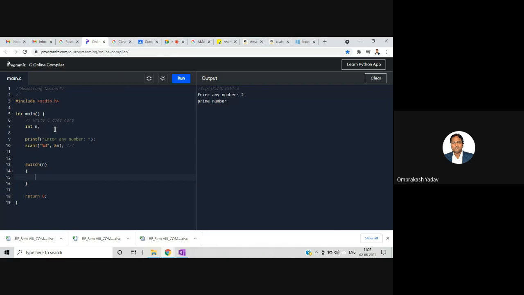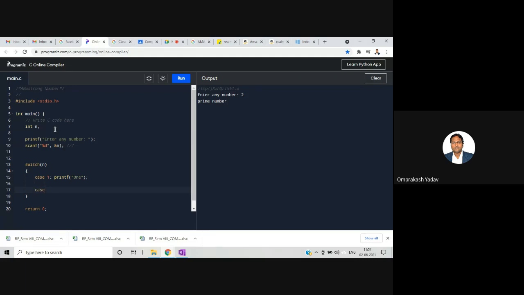So for example, case 1, the user has entered 1, then I'll printf 1. And after printing this, I must write what? Break. If I do not write break, then it will also execute the other statements. So let me demonstrate in that way first. I'll not write the break and we'll see what happens.